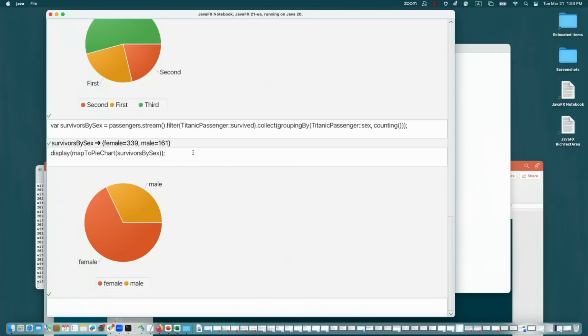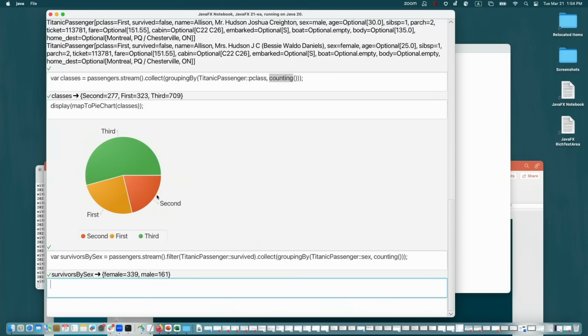Well, that's nice, but now what if I wanted to go back and take the first one, and I wanted to gain a little insight into what percentage of each different class survived. So we have obviously more third class passengers, so there's going to be more third class deaths, but is it more than the population would represent? Well, we can do that by creating a